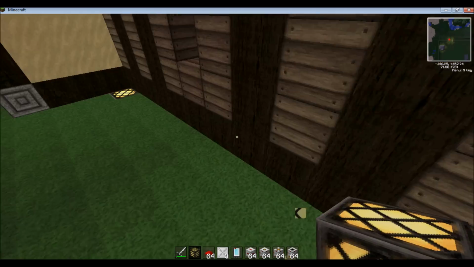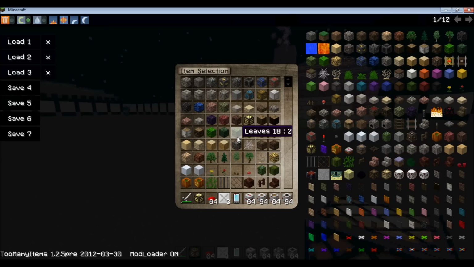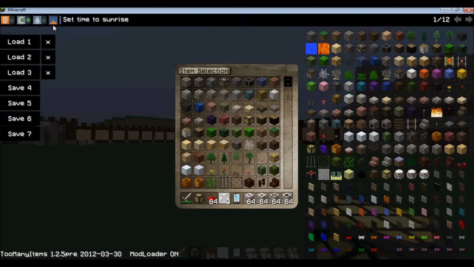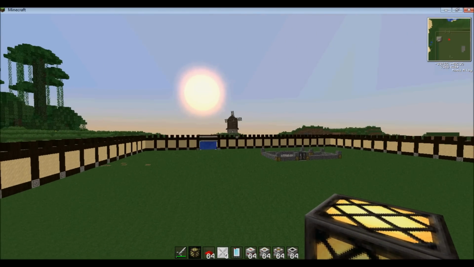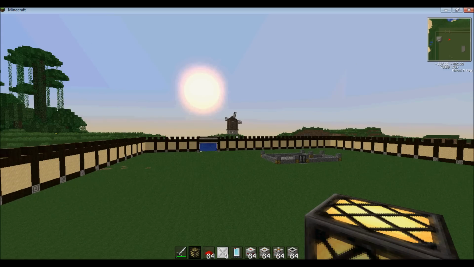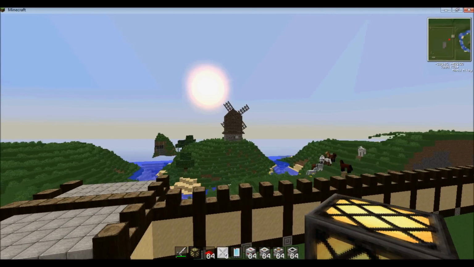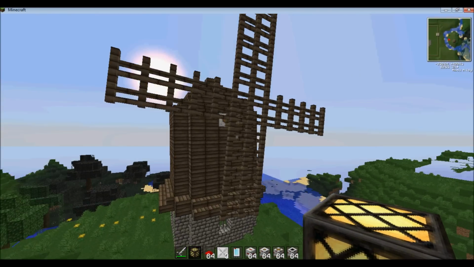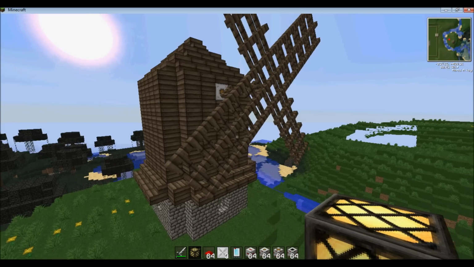There. So that's how that works. And then last but not least is the cannon. Okay, so first, before I show you guys the cannon, I want to show you the windmill, which is another example of the rotation. And it will go infinitely because...